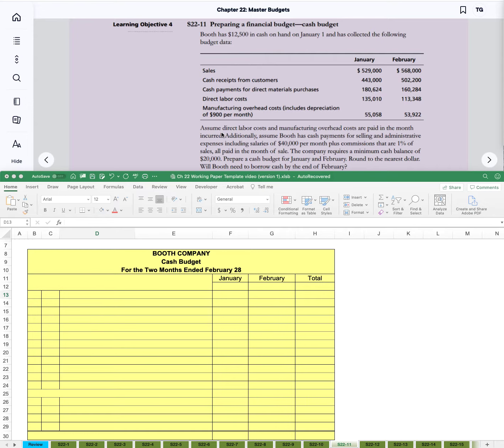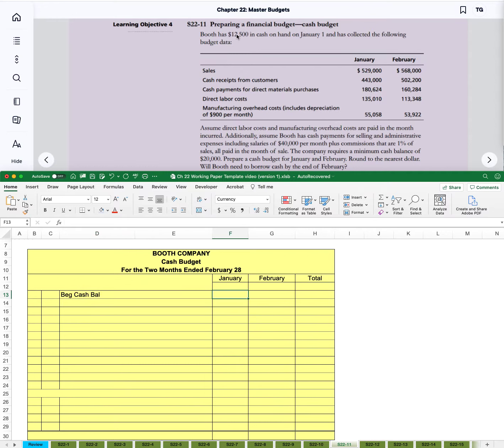The company requires a minimum cash balance of $20,000. Prepare a cash budget for January and February, round to the nearest dollar. Will Booth need to borrow cash by the end of February? And so I'll jump down into our Excel sheet down here, and they already have our initial title information, so we can start with the beginning cash balance,